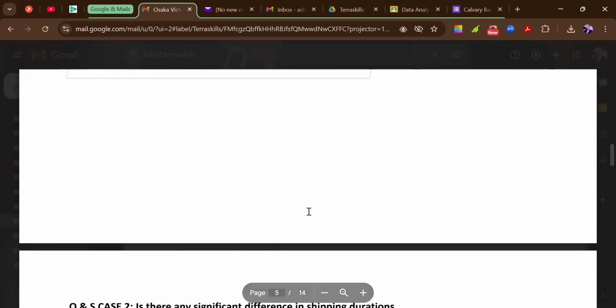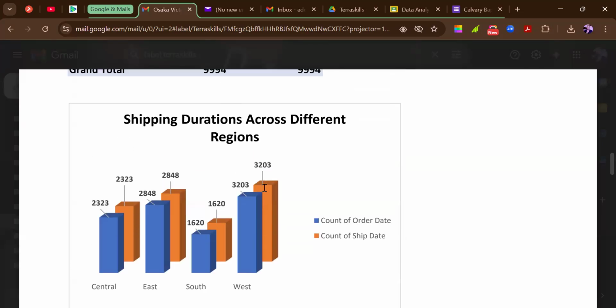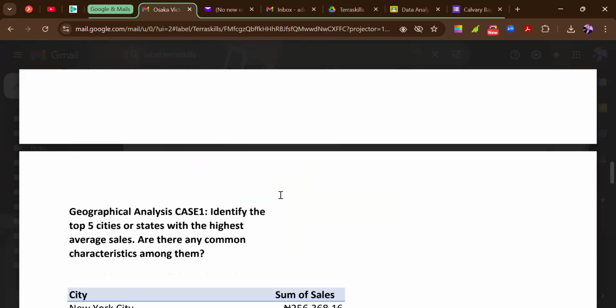Okay, sir. And let's look at this. Actually, this is a very, very good initiative. I like it too. Two column charts that are overlapping each other. I thought this thing can only be done in Power BI. I just learned something else again too. Thank you. Well done. Thank you, sir.